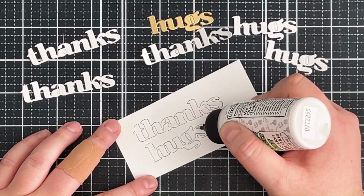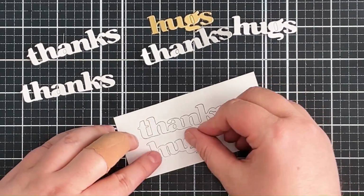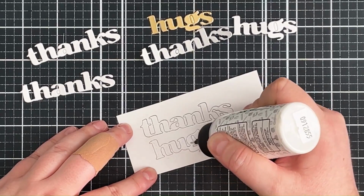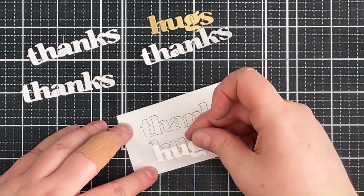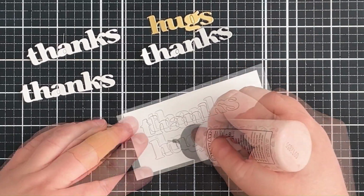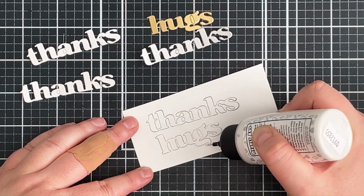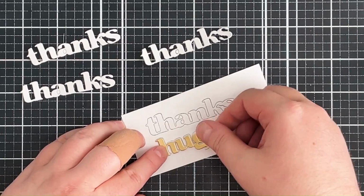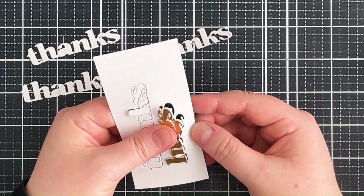I find sometimes when I'm taking the sentiment out of the die, those small areas between the letters can distort a little bit, and so when I'm stacking them on top of each other, I'm not quite sure of the orientation of how they were supposed to be. So if I'm keeping it in the negative piece, it's going to make sure that that is how it was intended to be. So that's 3 layers of the white cardstock, and then I've got that gold one on top,